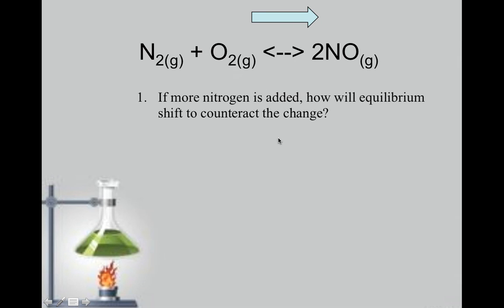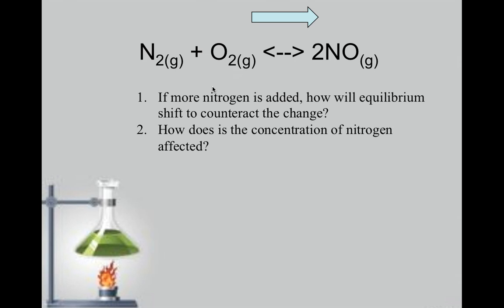Now, if we're shifting to the right, that means that we are trying to make more products. We're trying to get rid of the excess nitrogen that we just added in the reaction. Okay, so if the reaction is shifting to the right,